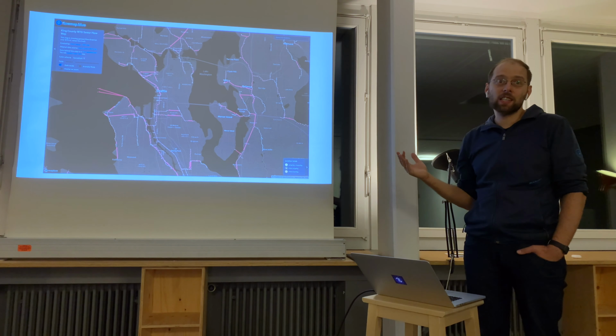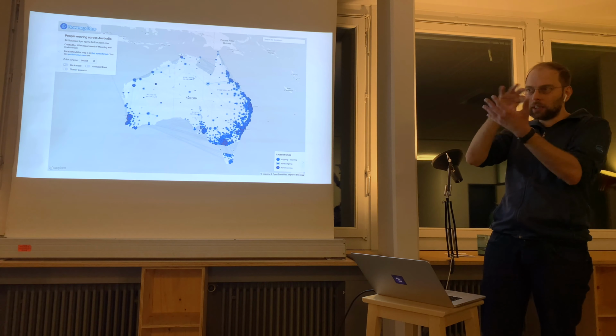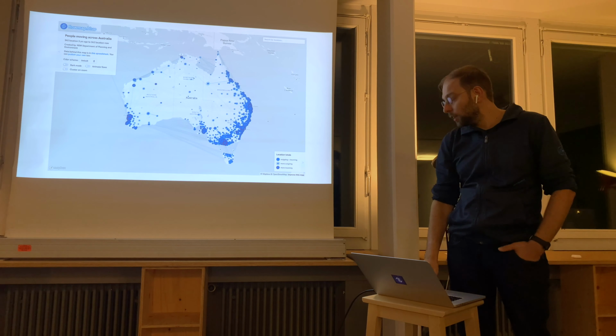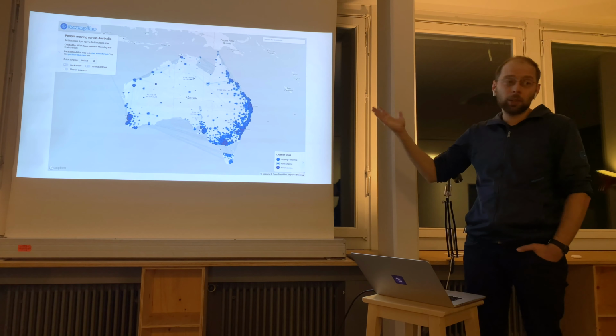Some data sets which people uploaded are quite messy. This is bus travels in São Paulo, Brazil. Not very readable, right? Australia, also not very useful because Australia is very sparsely populated. This is the relocations in Australia, like how people moved in 5 years from one place to another. And the largest flows are obviously very short and you cannot see them, right? And there are too many locations which are very dense at the same place. It's not very readable. So when I saw such data sets, I started thinking, how could I improve it?